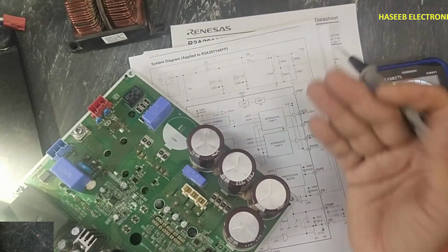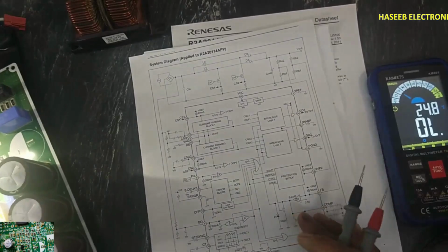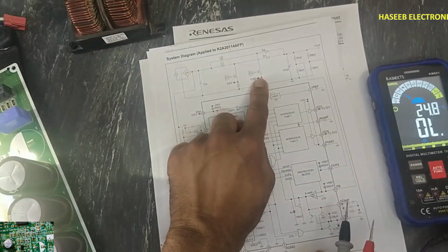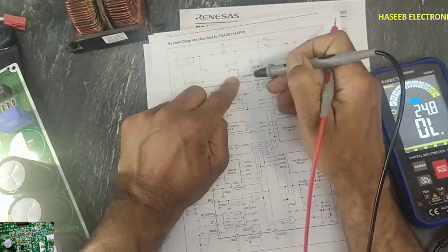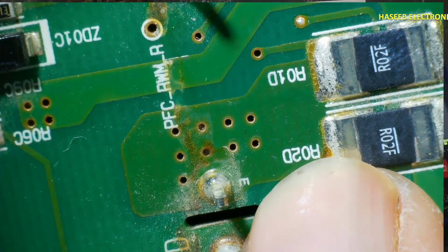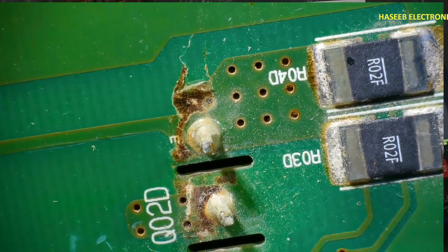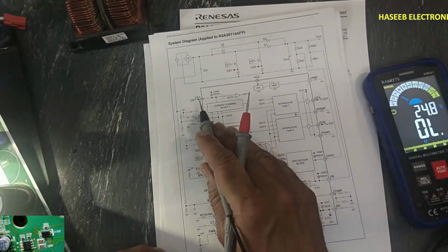If the voltage is increased, it will drop the voltage from here. If the voltage is less than the required voltage, it will boost the voltage from here. When it provides the switching pulse, at that time these resistors, R01D, R02D, R03D and R04D, will drop voltage, and this voltage, the CS1 signal, this pulse will reach here,